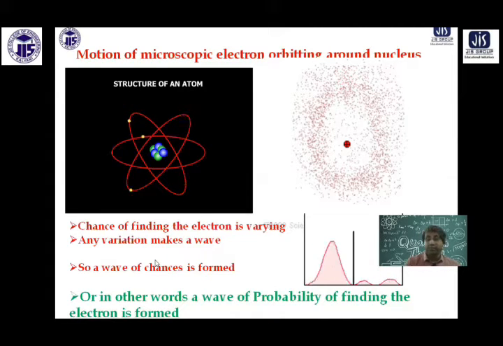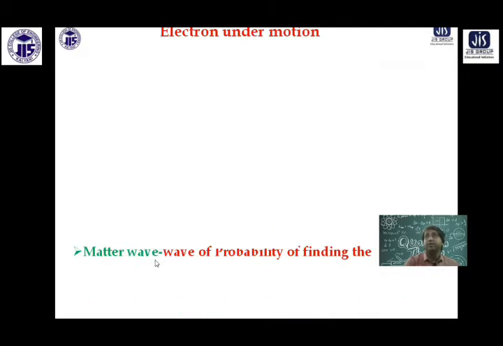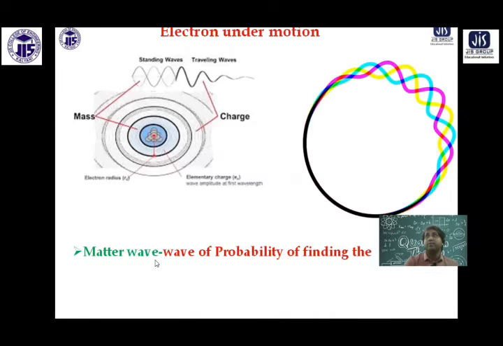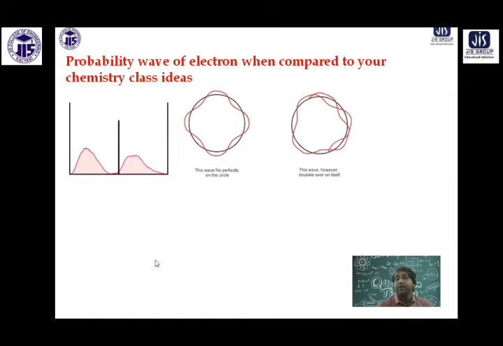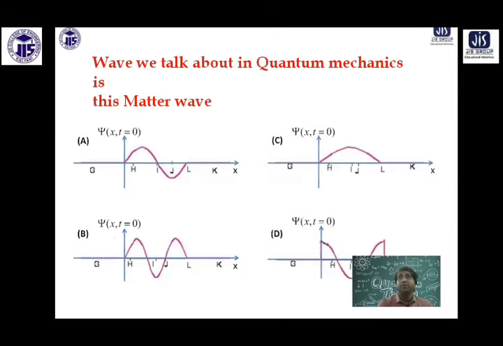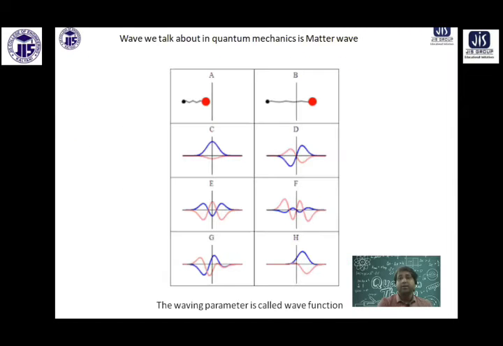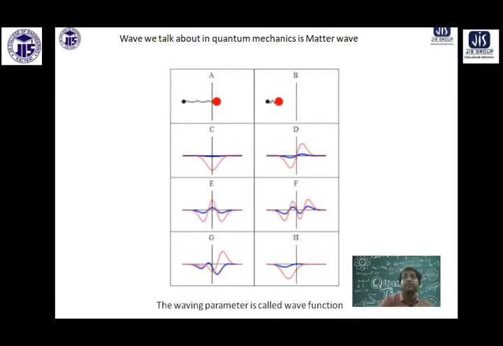But I told you with some more examples the other day. Okay, fine. These are other types of examples of probability waves. Now this is the electron wave. Just now I told you the electron is moving. So at a given point, the probability of finding the electron is varying every time. So that is making the probability wave, S wave, P wave. If you look at this picture, at that point, say at the vertical line, as the matter is moving, probability is varying. So it makes a probability wave.